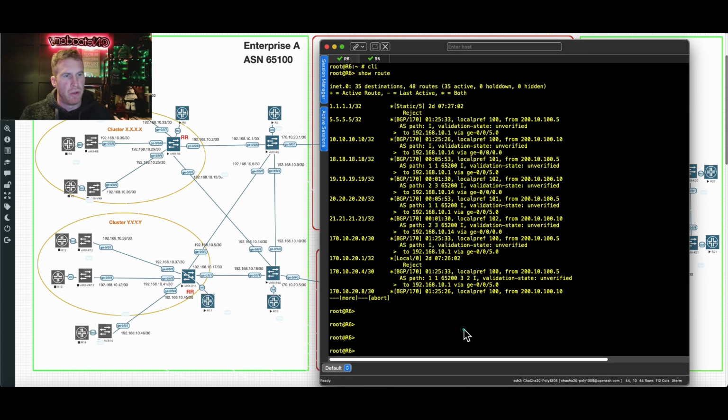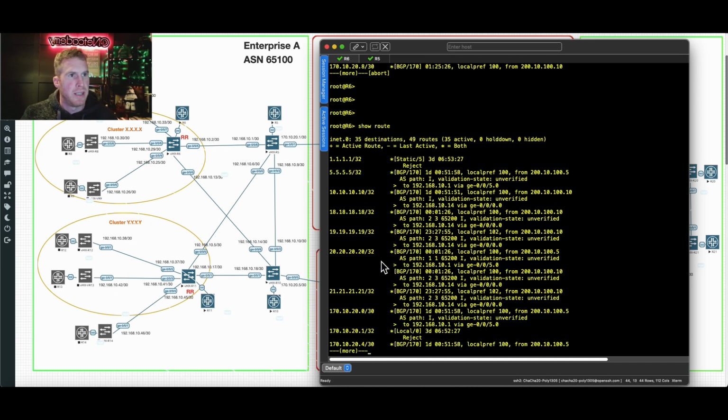And here we are back on router R6 now. So let's just do a quick show route and see what we can see. So we can see the 18.18.18.18/32, but note now it is not coming from or through service provider 1's network, through this router here. It is only learned of that route via the AS path from service provider 3 and service provider 2, where it then originated in ASN 65200. Note the local preference has changed from 101, I think it was, back to 100